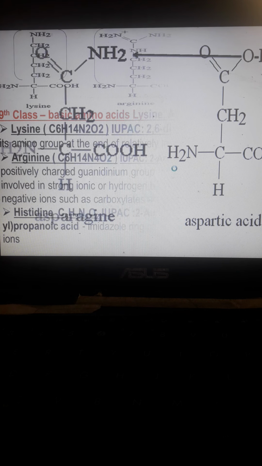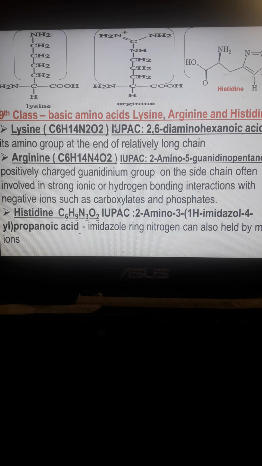Okay? Next. Ninth class, basic amino acids, lysine, arginine, and histidine. Comprised of lysine, arginine, and histidine. Yung long chain, one of the longest chains in the amino acids is the lysine, because composed of 1, 2, 3, 4, 5. Almost 5 chain ang naroon. Okay? While arginine,